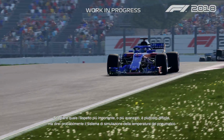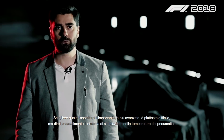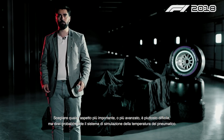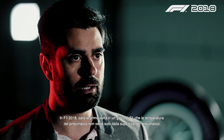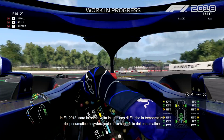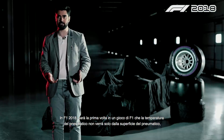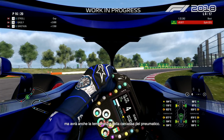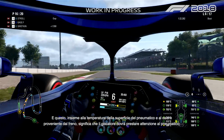To choose which one is the most important, most advanced, it's quite hard, but I would say probably the system of how we simulate the tire temperature. In F1 2018, it will be the first time in an F1 game that the tire temperature not only will be coming from the tire surface, but it will also have tire carcass temperature,